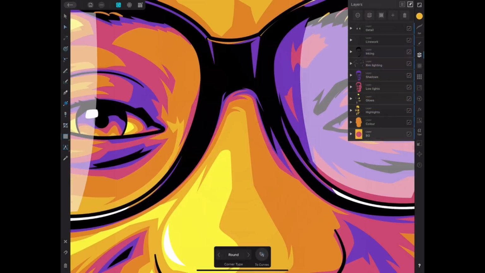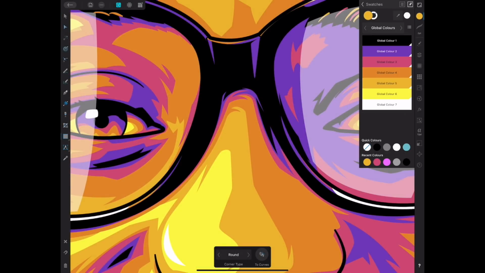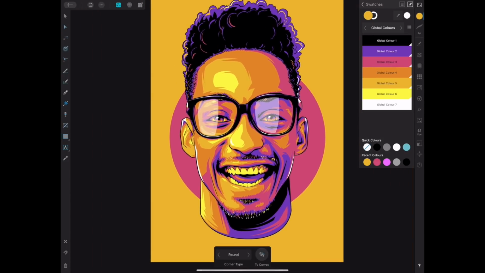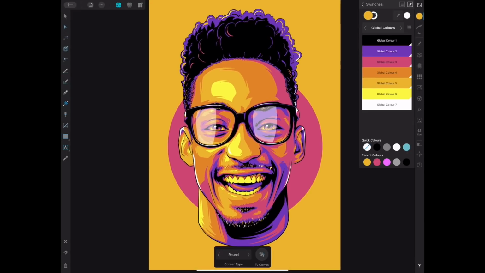So I've ended up going with this kind of yellow, orange and pink palette, which I think is really strong. So I've dropped a quick background colouring behind our coloured circle as well, and that really brings to the end this tutorial. I'm really happy with the finished result. I think the colour looks great. It looks really exciting and energetic with the colours here,